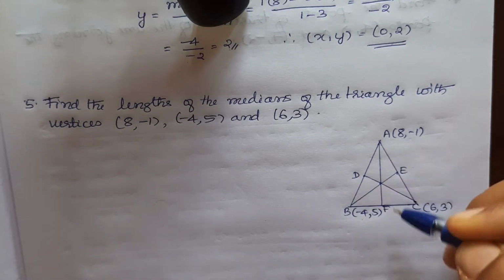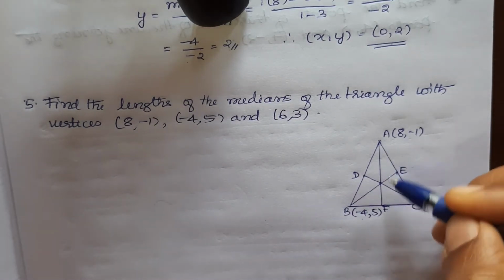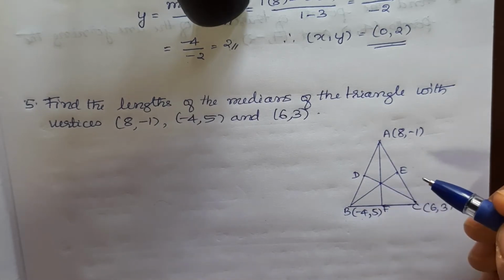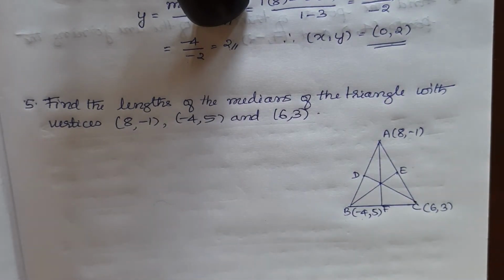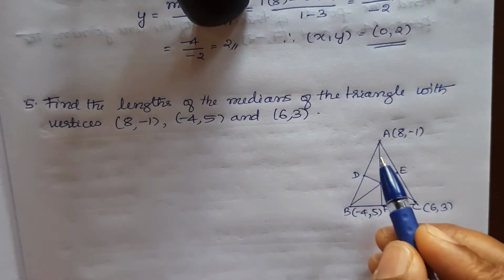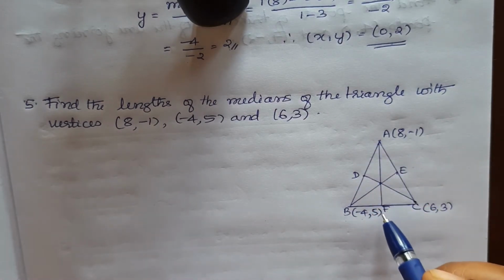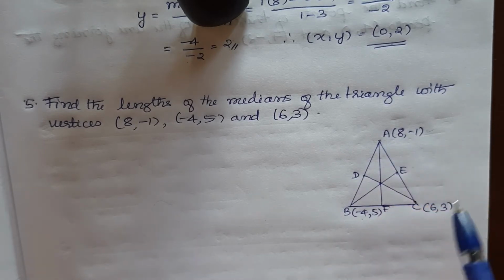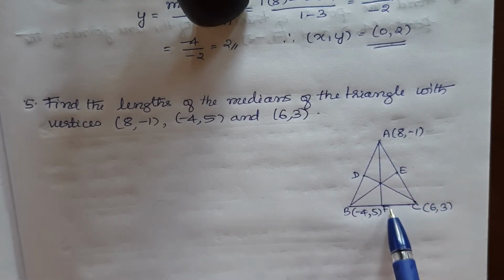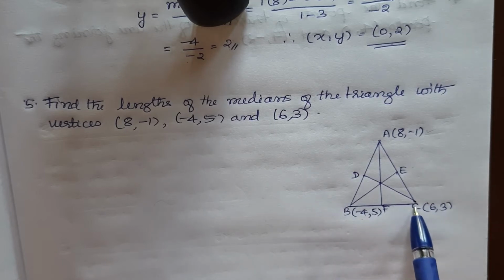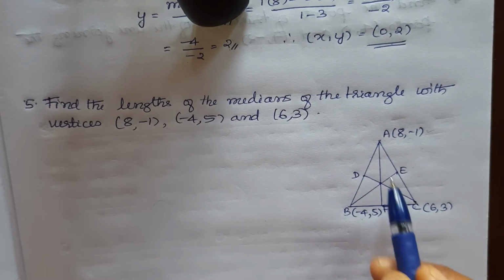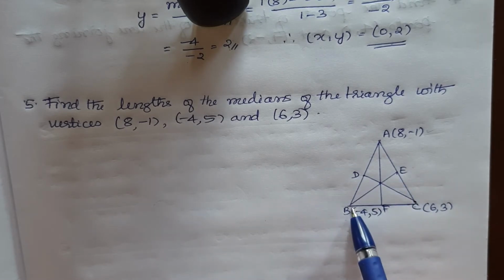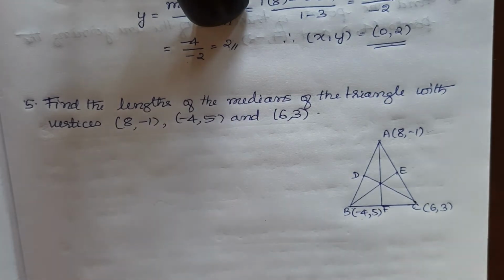I have to find the length of AF. To find the length, it is nothing but the distance from A to F. To find the distance, what shall we use? We have already studied the distance formula. So, to use the distance formula, I need to know the coordinates of both the points. This one I already know. This coordinate I should know. But what is this point? It is the midpoint of B and C. Therefore, I will use the midpoint formula first to find the coordinates of all the three points. Then we shall use the distance formula to find the distance between these points, so that I will get the length of the median.